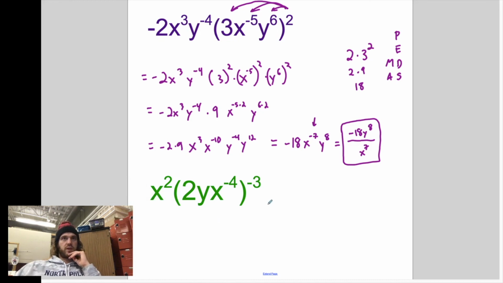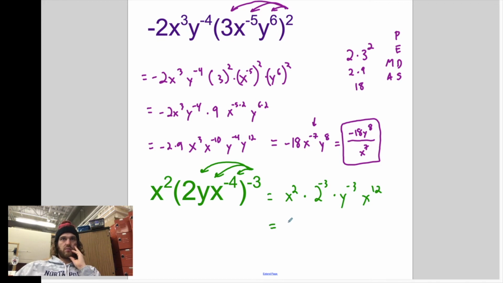All right, let's go ahead and get started. So we end up with here x squared. We've got to evaluate the exponent first. We're going to raise each of the things in here to the third power. So that's going to be x squared times 2 to the minus 3 times y to the minus 3 times x to the positive 12 when we multiply. Okay, adding, we're going to get